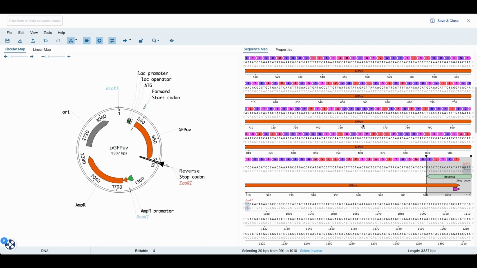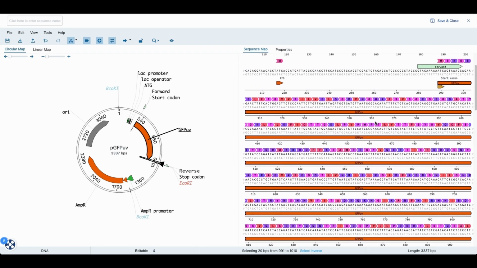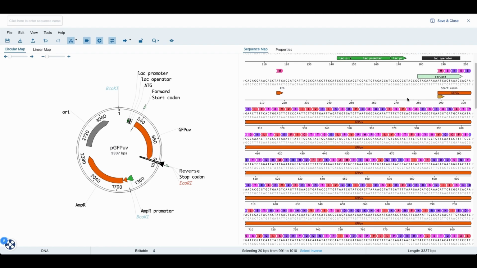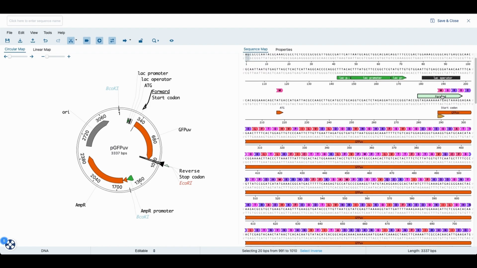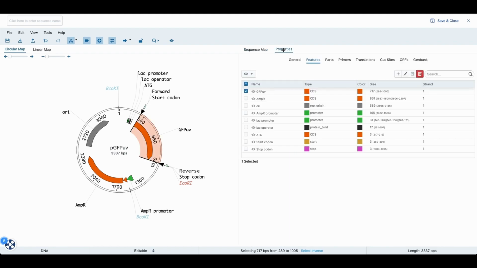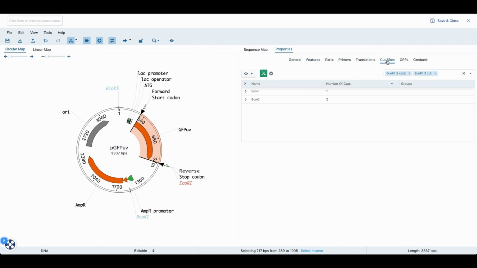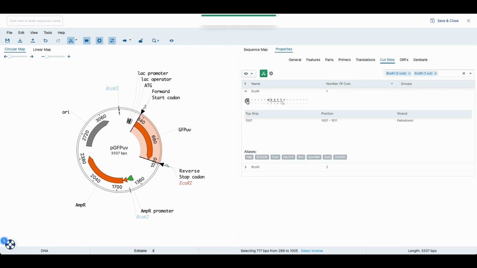Now that we've created the forward primer and reverse primer, let's say we want to add a restriction site for EcoRI at the start of the primer. So in this case, first I would need to know the actual sequence for EcoRI. So for that, I can select Properties, go to Cut Sites, open EcoRI, and if you hover over here, there's an option to copy the sequence,